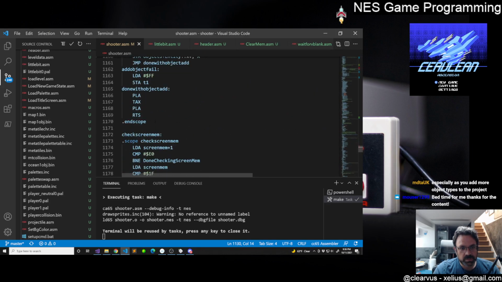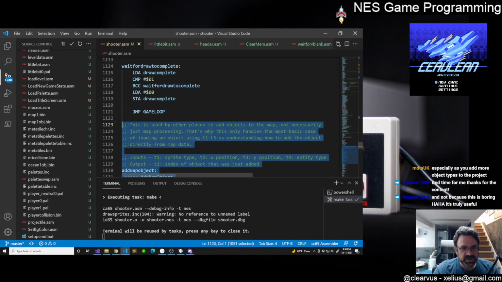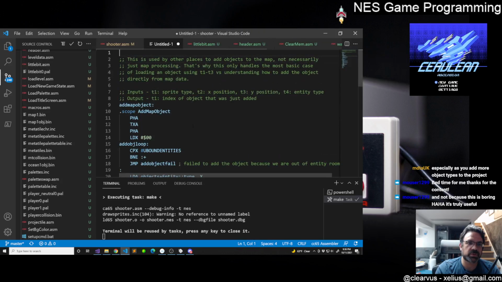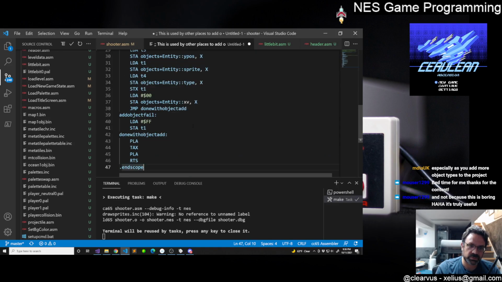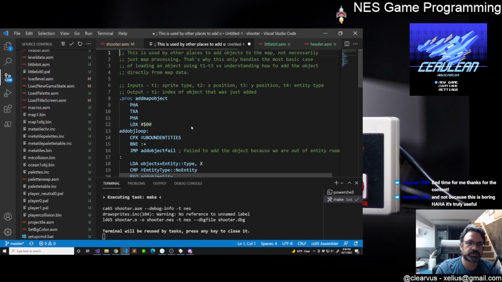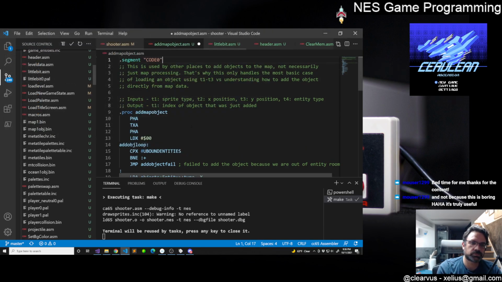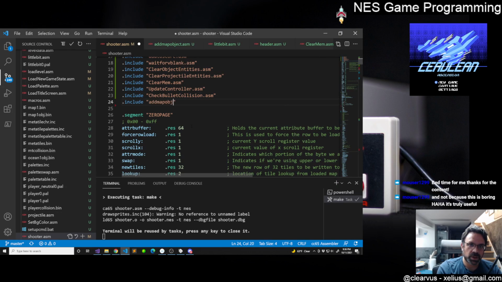Here's one that, for no reason at all, we just have just dumped in the main file. So let's move this out of here. I mean, I know why it's here, right? It's purely just that it was convenient to put it there, because I'm fighting to make the code work in the first place. But now that we're taking a look at this, it's kind of a garbage way to handle it. So